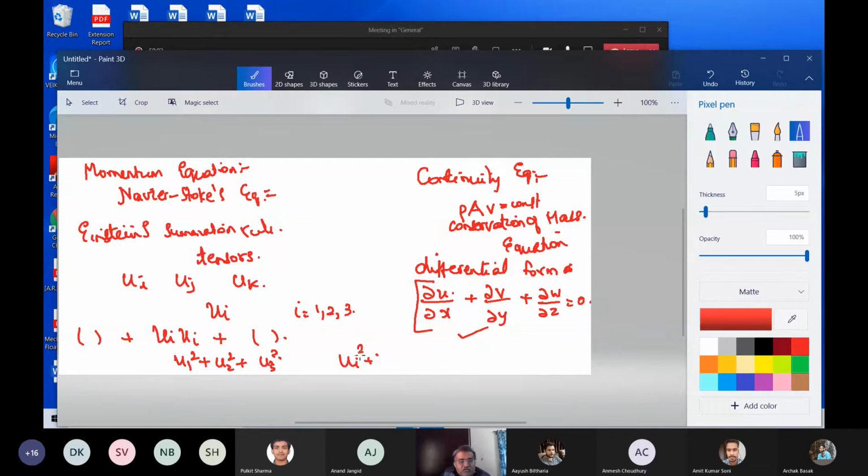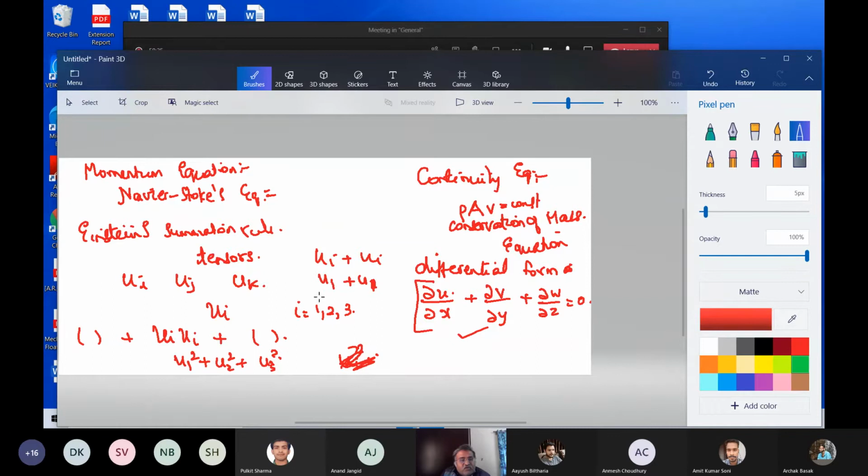When I write ui, you might get confused. That's why I didn't write that. Let us just put it as u squared plus v squared plus w squared. When you have these two things repeated, that is a product. But if you had ui plus ui, this is not a product. Here it is just ui plus ui, which means maybe u1 plus u1. There is no product there.